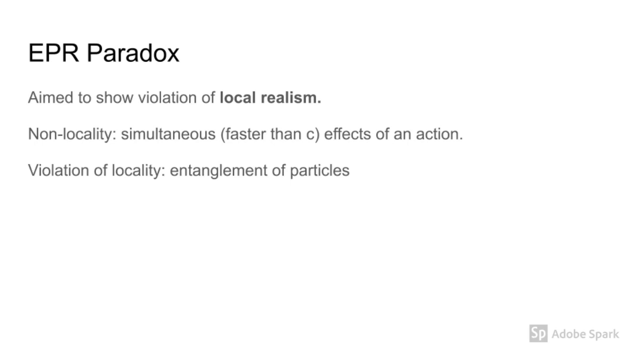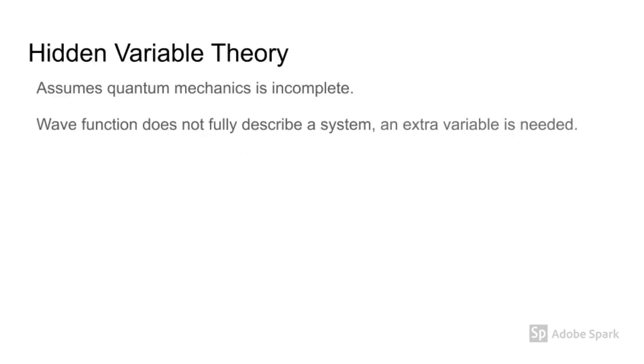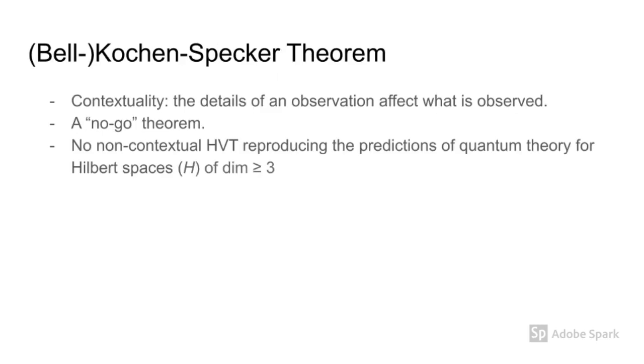But because of the probabilistic nature of wave function collapse, this violation of locality cannot be used to transfer information faster than light. These theories assume that quantum mechanics is an incomplete theory, and that there is some undiscovered theory of nature for which quantum mechanics acts as a highly accurate statistical approximation. Proven by John Bell, Simon Kochen, and Ernst Specker, the theorem lays some conditions on the hidden variable theories. The hidden variable theories, as explained in the previous slide, aim to explain quantum mechanics predictions in a context-independent sense.